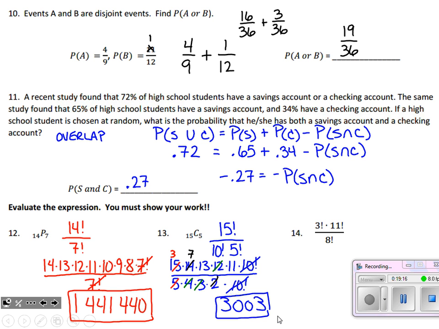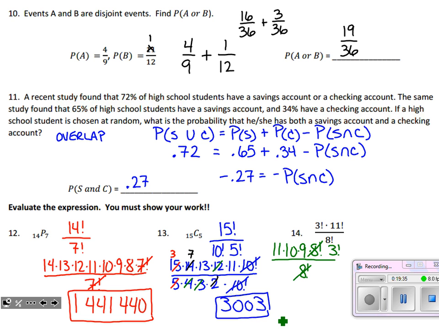And number 14, we've got an expression that's a factorial. It's already written that way, so we just need to simplify it. I'm going to expand out the 11 until it matches the 8 factorial, and just realize that I've still got a 3 factorial in the numerator. But we got that big cancellation to happen.